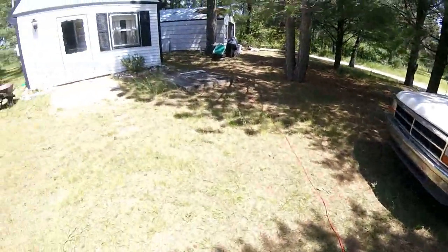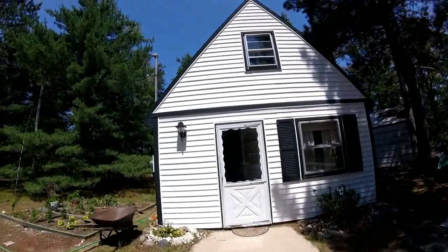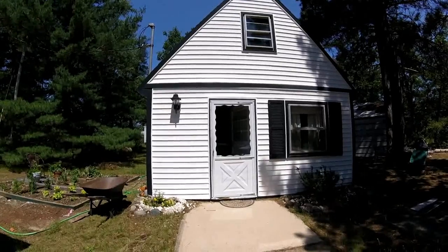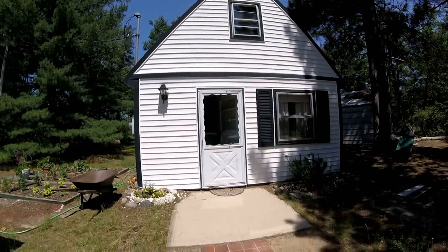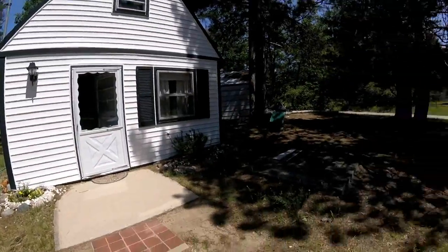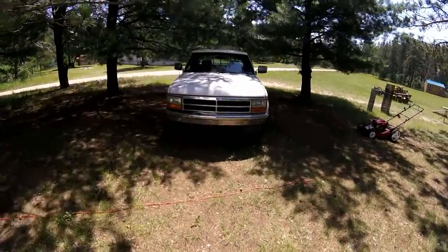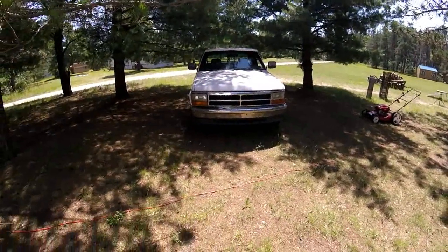I've had the truck parked right up under the yard light of the chalet, which stays on all night. I also have motion sensing lights out here to help boost the amount of visible light at night if somebody comes through this area where my truck is parked. But here is the problem with night vision cameras. No matter how much light you have,